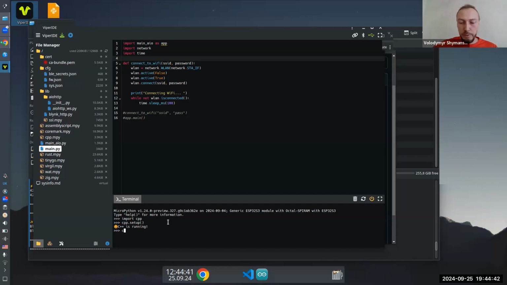For example, if I do C++.loop, you can notice that it prints time, and time is imported from the time module. This is also C, but I could easily import another Python module this way and call it. So everything fits nicely.